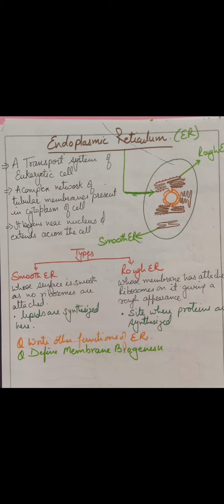So one of the functions of endoplasmic reticulum is that it is the skeletal framework of the cell, due to which the cell is able to maintain its shape. Transport channel is also there. One thing: while doing the nucleus, we have done that the nucleolus is present within the nucleus. The function of the nucleolus is to make the ribosome.